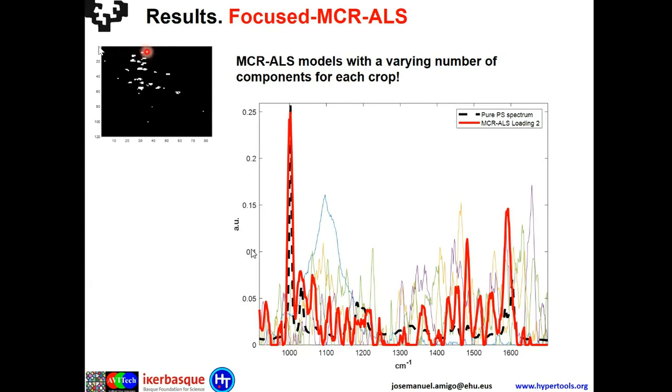This is the surface of the muscle, and these are the areas in which we might have plastics. Look at the MCR model, and this is what I told you before. In black, we have the pure spectrum of polystyrene, and in red, what we found. The signal was so poor that we have these waves here that were introduced by the baseline correction algorithm. We could not solve this because the data is really noisy, and if we apply smoothing beforehand, we will remove signals that might be important in order to